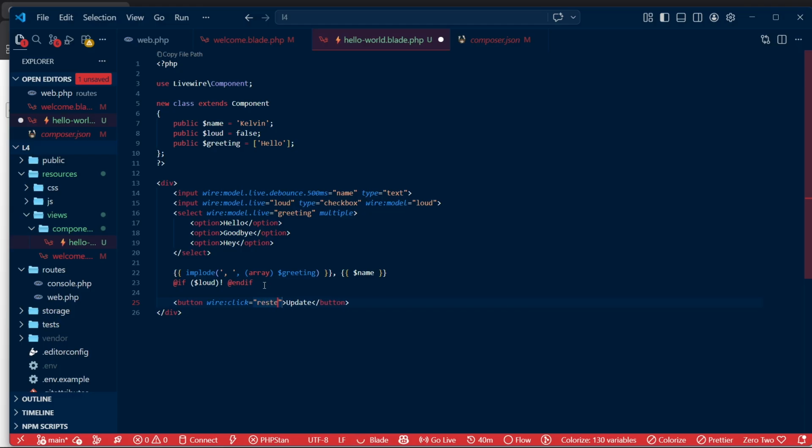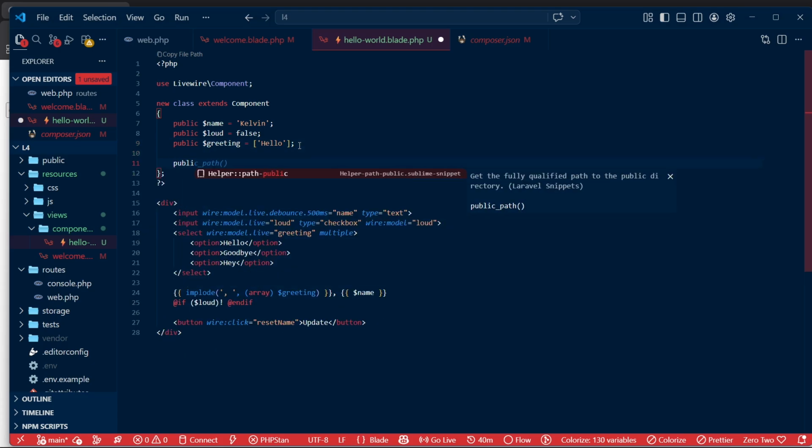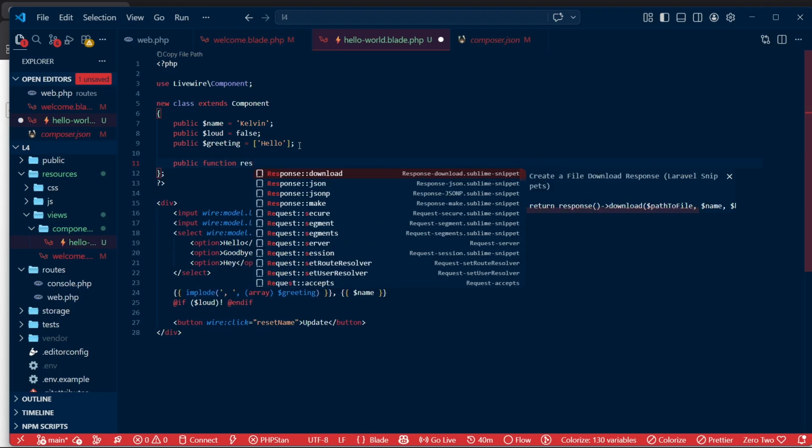let's say reset name. Right? Let's spell that well. I think that's camel case unless it's, I don't know. Hopefully reset name. Right? But we need a method. We don't have any method called reset name. So we're going to create a method called reset name, and then we're going to say public function reset